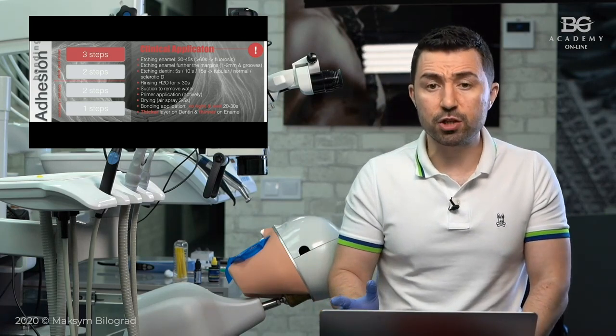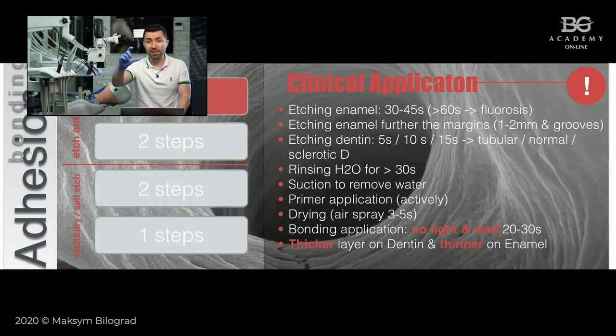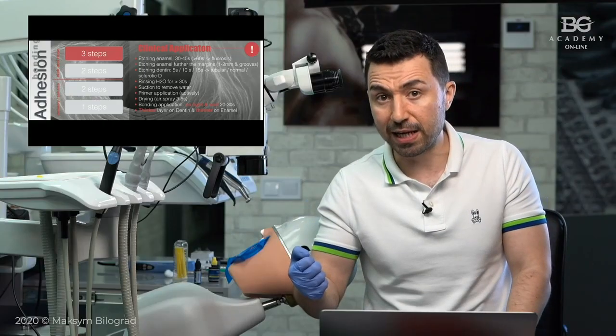The fifth generation of adhesive system is when you have everything in one bottle. So the procedure of utilization of that one bottle total etch adhesive system is the same, but despite the fact that everything is in one bottle, you still have to go for two steps of application. You etch enamel, you etch dentin, you rinse, you dry, you get this wet dentin and dry enamel, then you apply one layer of your